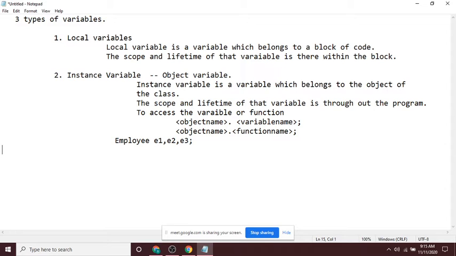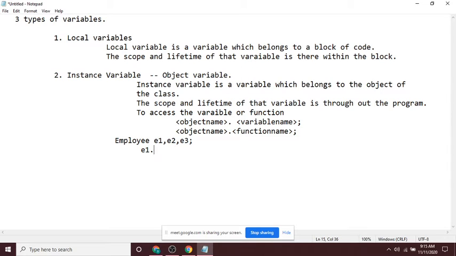Memory is allocated for each and every object variable. So if the employee class has employee number, employee name, and employee salary, you will have data for each and every object.